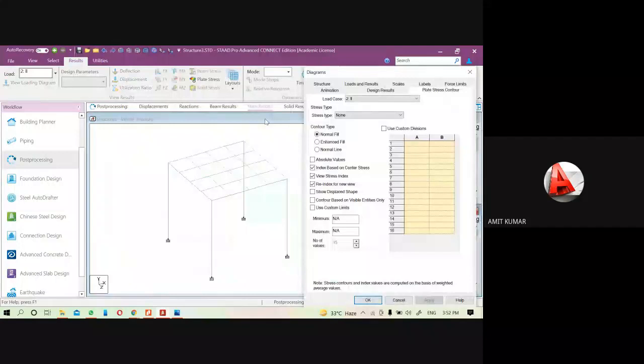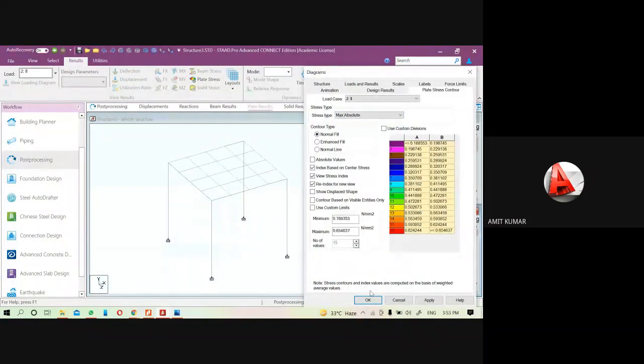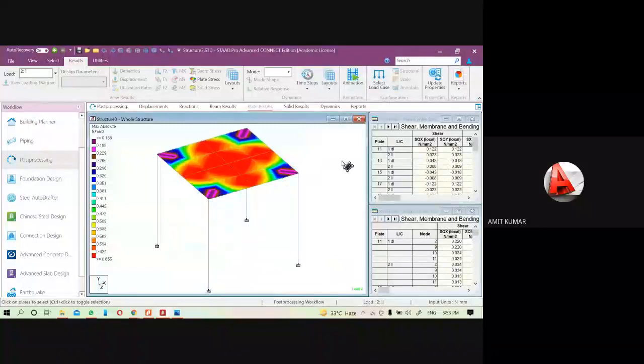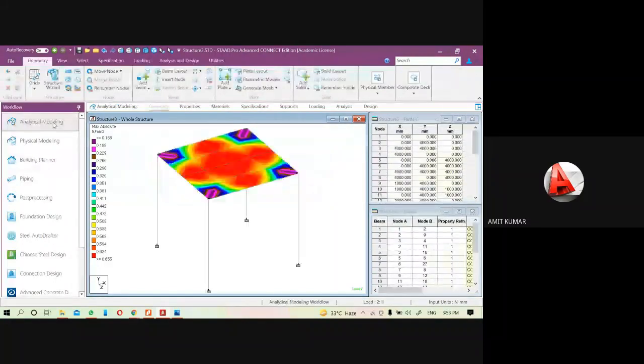So here is the plate result. I want to see the absolute stress, the maximum absolute stress. So you can see it like this. If the plate was created through the add plate option, let me open the analytical modeling.